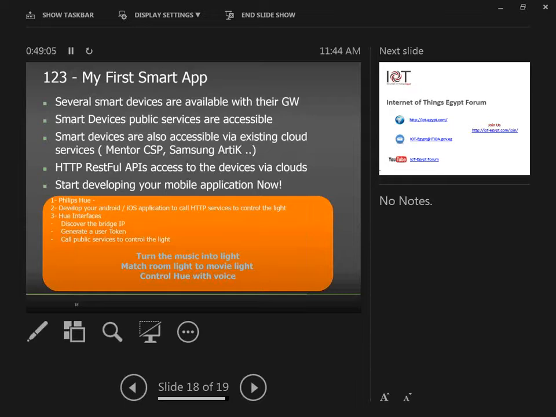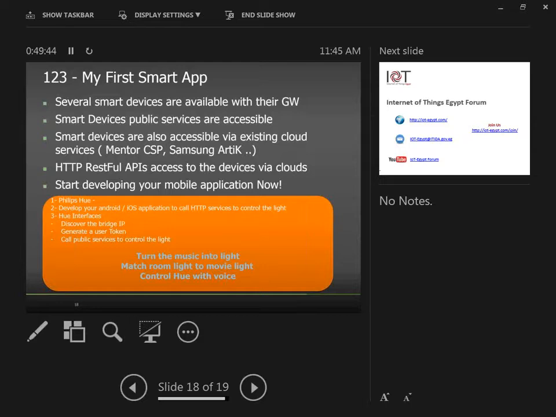Now, in order for you to simply start developing your mobile application, you can follow very simple steps. If you buy one of the connected embedded devices and you access through its open developer portal the interfaces that can empower you to change the behavior of that device, like the Philips Hue, then just by developing a mobile application you can create an IoT app. Philips Hue has provided the open interfaces, and the devices are available on Amazon if you want to buy them. And if you go to iTunes or the Google Play Store, you will see that there are a lot of applications that have not been developed by Philips.